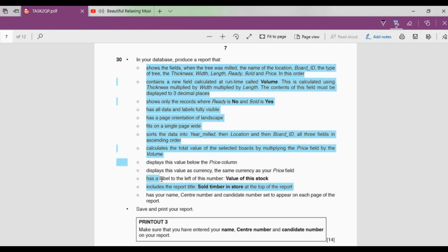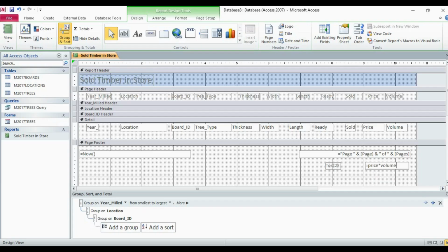Now there has to be a label to the left of this number, value of this stock. So we have to give this a label: Value of this stock.